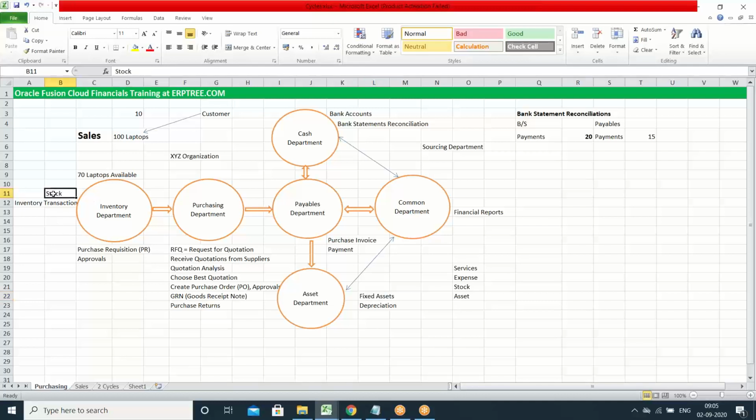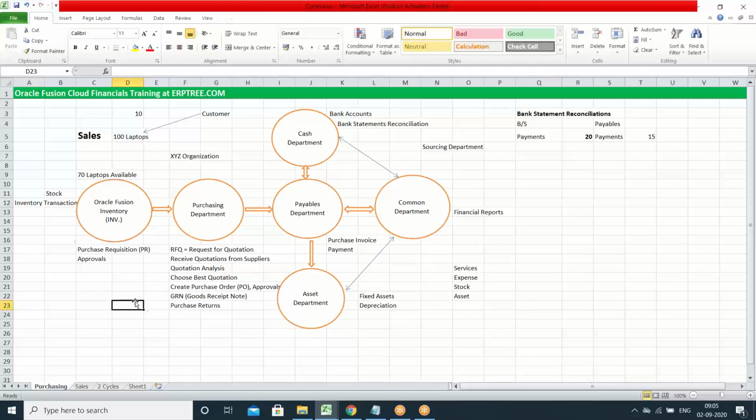So when I talk about the inventory department, they'll maintain the stock and perform the inventory specific business transactions, they'll raise the requisitions and they'll get the approvals. Along with that, many other activities also can be done. To do all those activities, we have an application from Oracle which we call Oracle Fusion Inventory Application. Short name is INV. Okay, inventory, INV. By using Oracle Inventory,